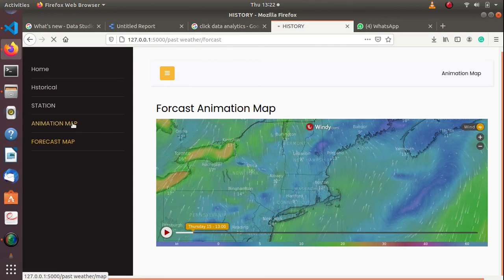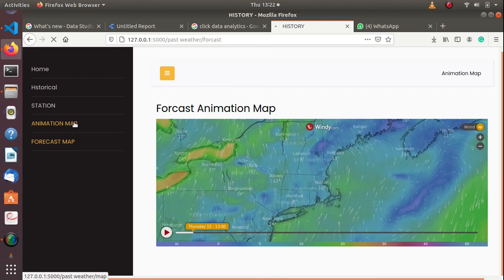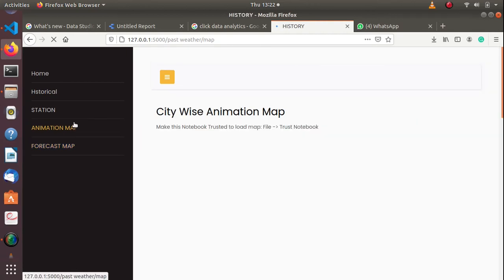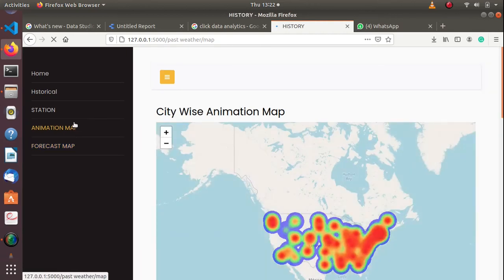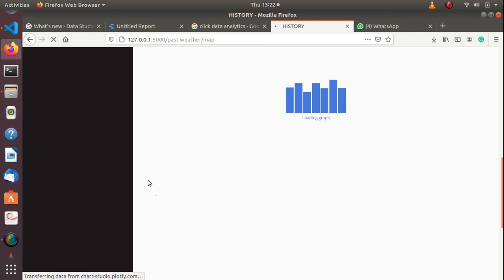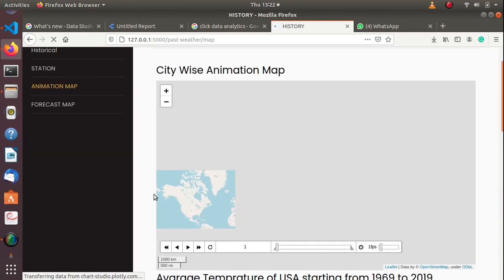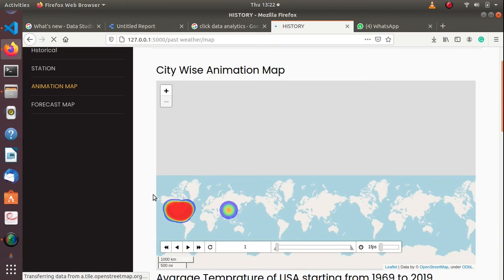We also have another one, the animation map. On this animation map, I have a CSV file where I stored all the data sets about the weather temperature of the US, and you can easily play it and see the movement of how the temperature was changing.